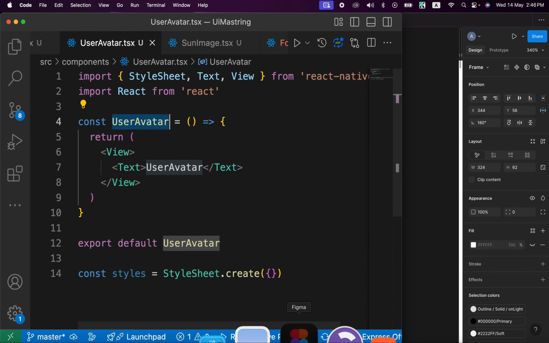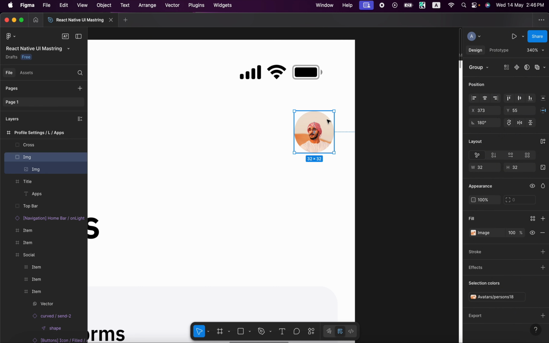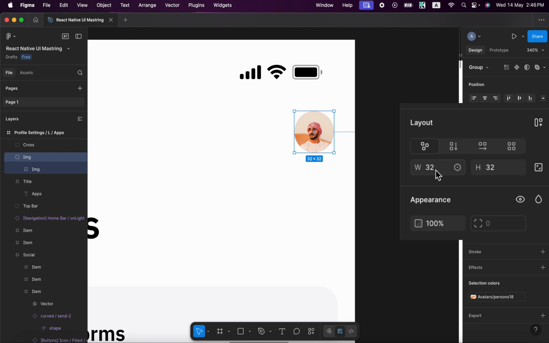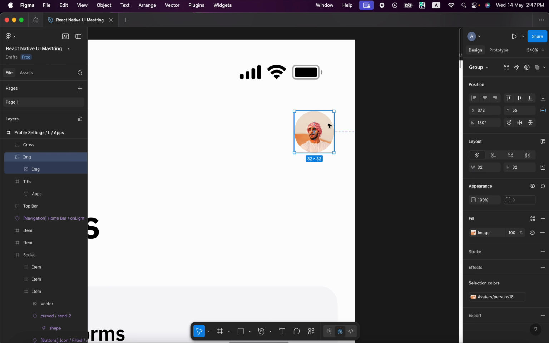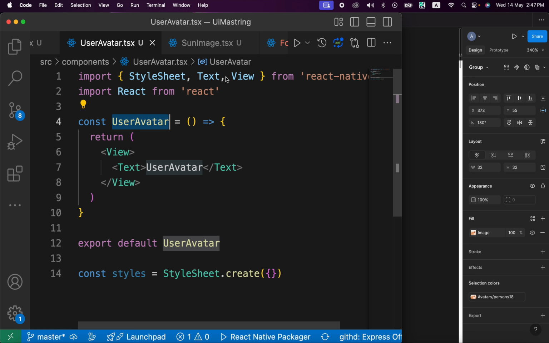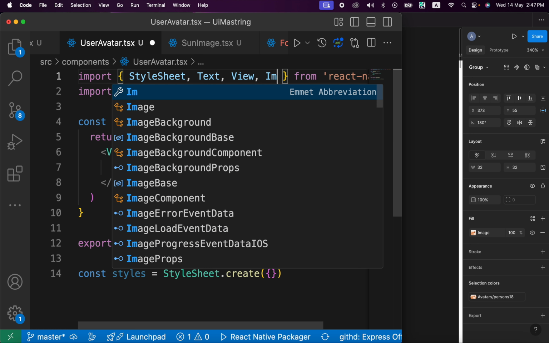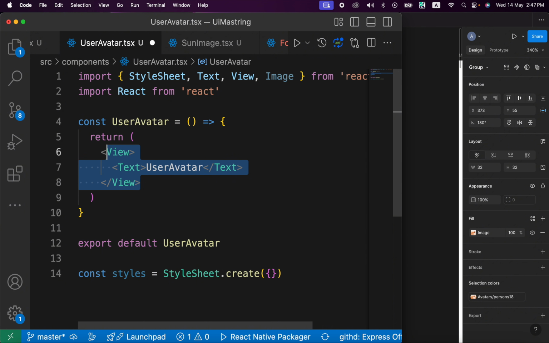Now what we got here? We got here just image with height 32 and width 32, and it's round, so we have to give it a border radius the half of them. So we're gonna just import our image from React Native image, and we're gonna just render this image,